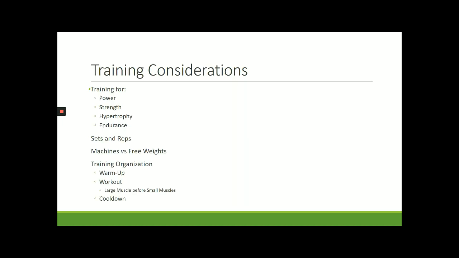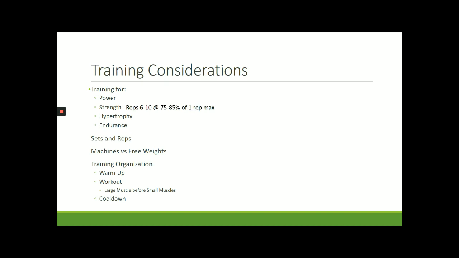So let's talk about training considerations. So training goals. Okay, what are we training for? So first let's talk about training for power. Usually for training for power, you're going to keep the reps relatively low. So you're looking at 1 to 5 reps, and you're going to do 85% or higher of your 1 rep